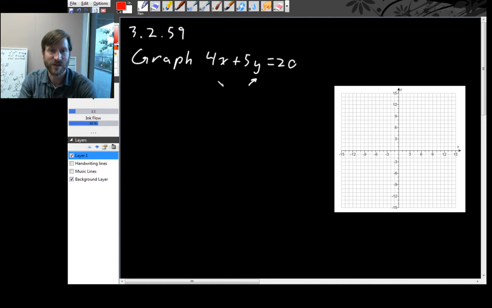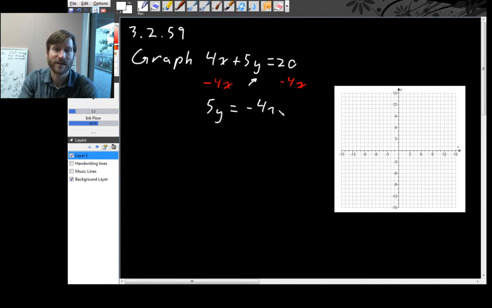So let's get this 4x out of the way. So subtract 4x, subtract 4x. We get 5y equals negative 4x plus 20. Next, to isolate y, we need to divide by 5. Divide by 5. So we get y equals negative 4 over 5, that's just negative 4 over 5 times x, plus, and then 20 over 5, that's 4. Okay, so this is slope-intercept form